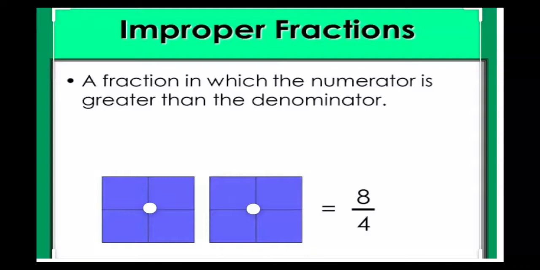that is the numerator, and again 4 is the denominator, which is indicating the equal number of parts in a particular whole object. So here this is known as 8 upon 4. This is not one unit, hence it makes an improper fraction. So whenever you see an improper fraction, it's always the numerator greater than the denominator.